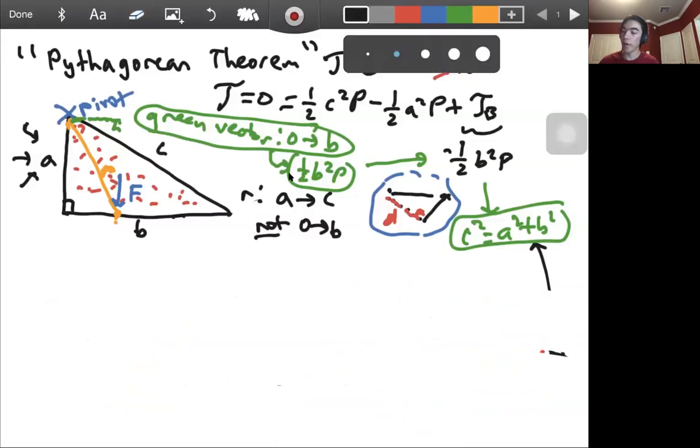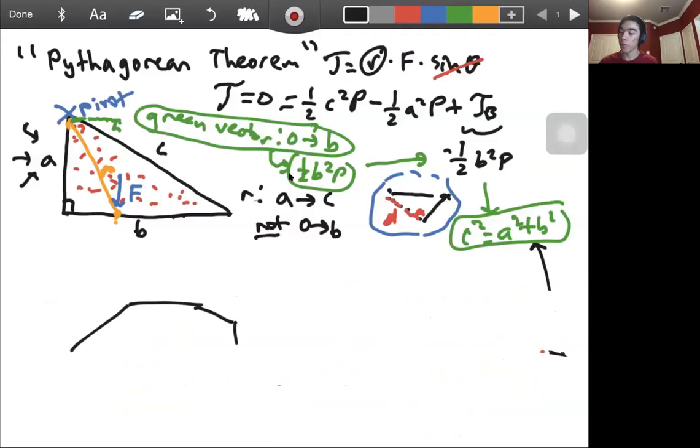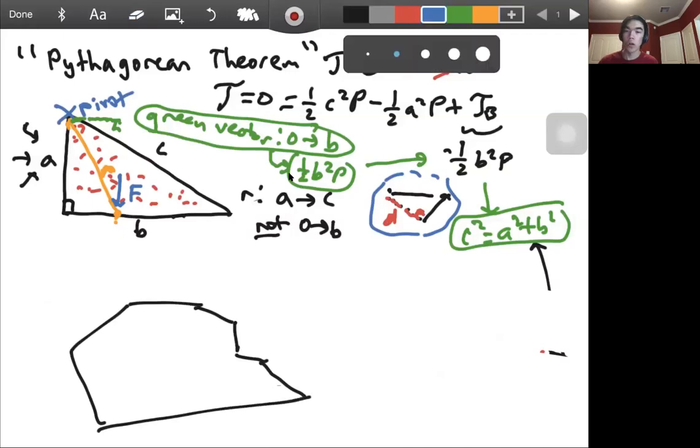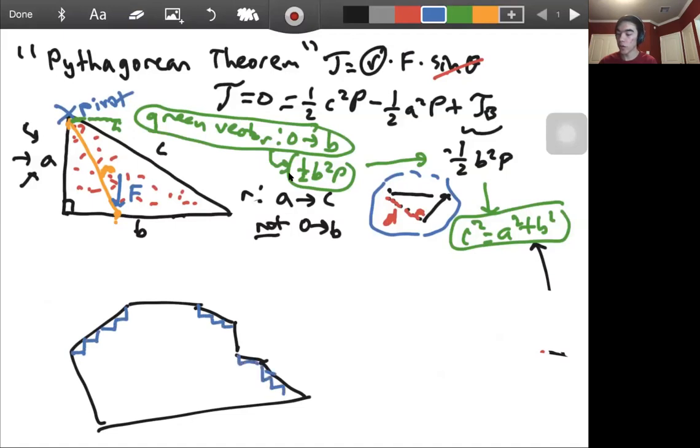So if we have a random shape, like a polygon or something, we can go reverse, and we can turn any of these diagonal sides into just a bunch of horizontal and vertical sides. And once our shape is changed into a bunch of horizontal and vertical lines, it's really easy to prove that there's no net force on it, and no net torque on it, because